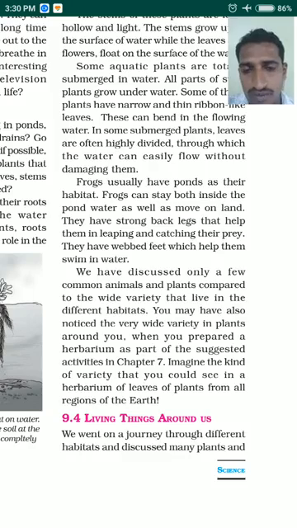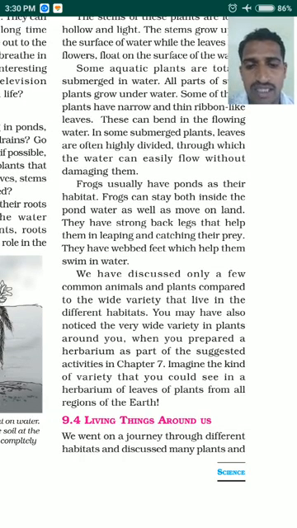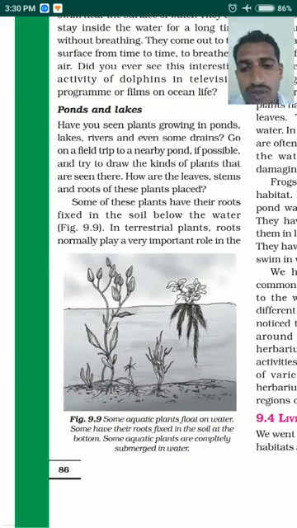Dear students, in today's class we have discussed some common animals and plants, compared to the wide variety of plants and animals that live in different kinds of habitats. You might have noticed the wide variety of plants around you. If you prepare a herbarium, you will come to know the variety of plants and animals growing in such aquatic habitats. Make a herbarium of leaves of plants so that it will help you find the differences between them. Try to draw diagrams of different types of plants growing in the aquatic habitat, write their names as completely submerged, partially submerged and floating, and try to find out the names of those plants.